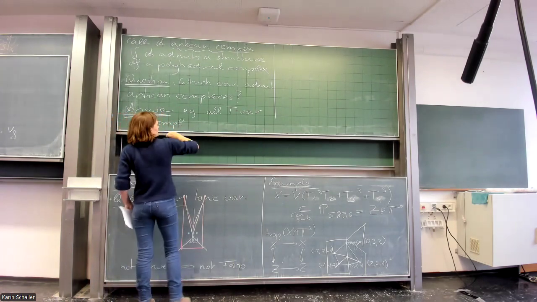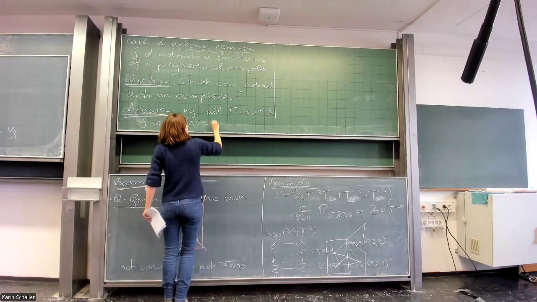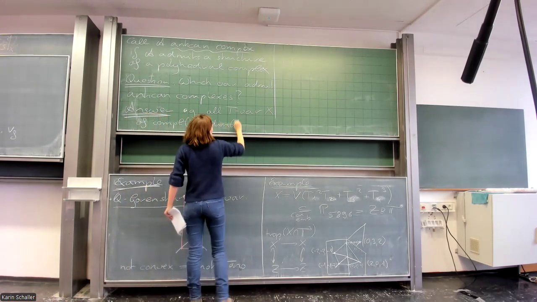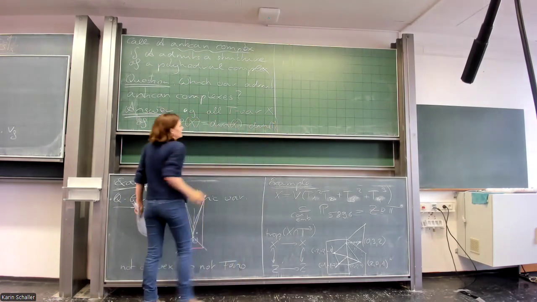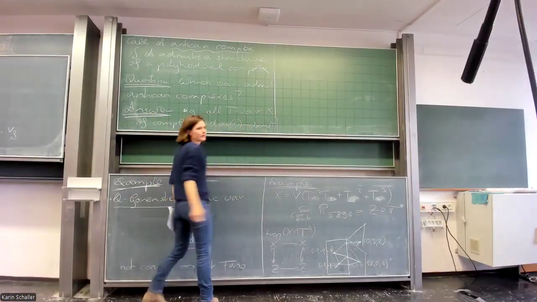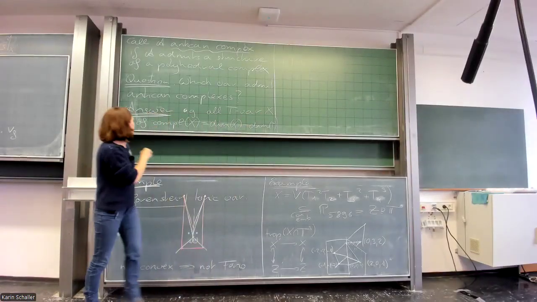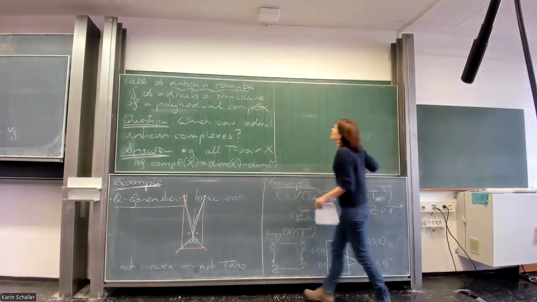So what is the complexity? X is my variety. This is the difference between the dimension of X and the dimension of T. And the T-variety is a variety where T acts effectively on X. So this makes sense. But also more general,